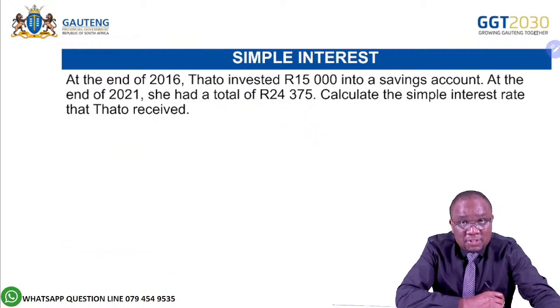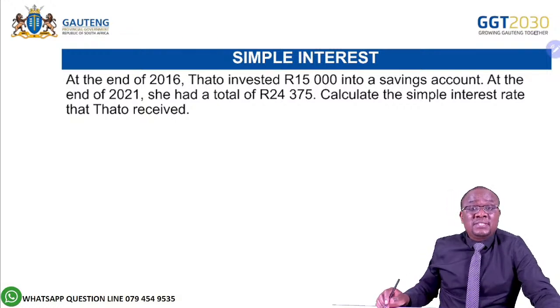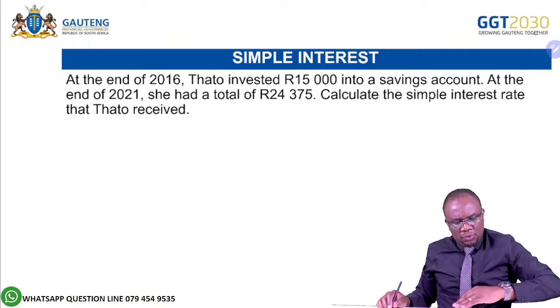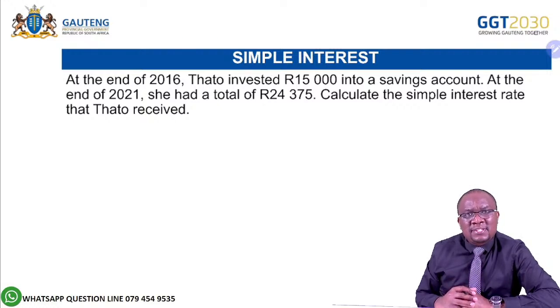At the end of 2016, Thabo invested 15,000 into a savings account, and then at the end of 2021, she had a total of 24,375. Calculate the simple interest rate that Thabo received. We want the interest rate now. Okay, I'm going to explain this one. Right, if there are any questions,